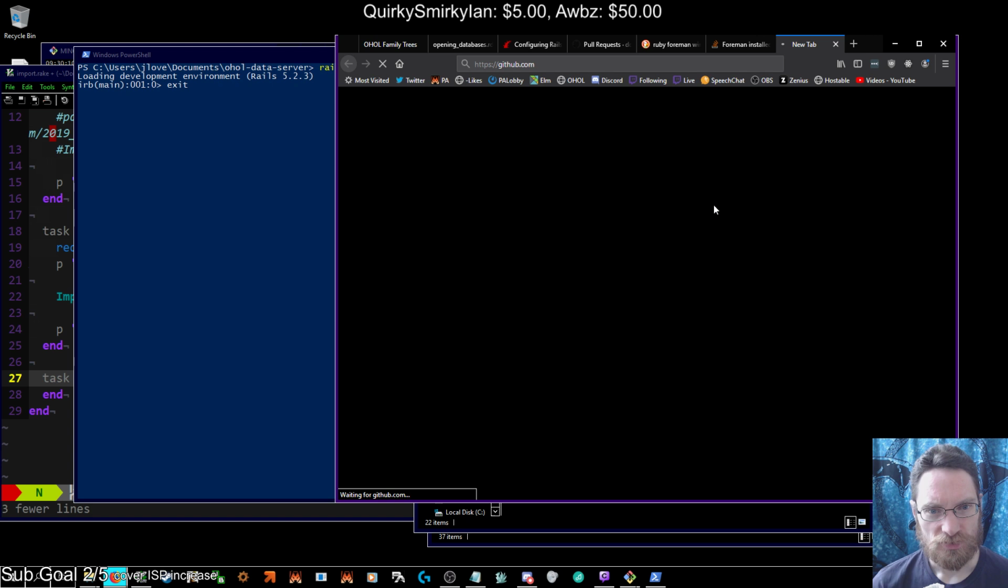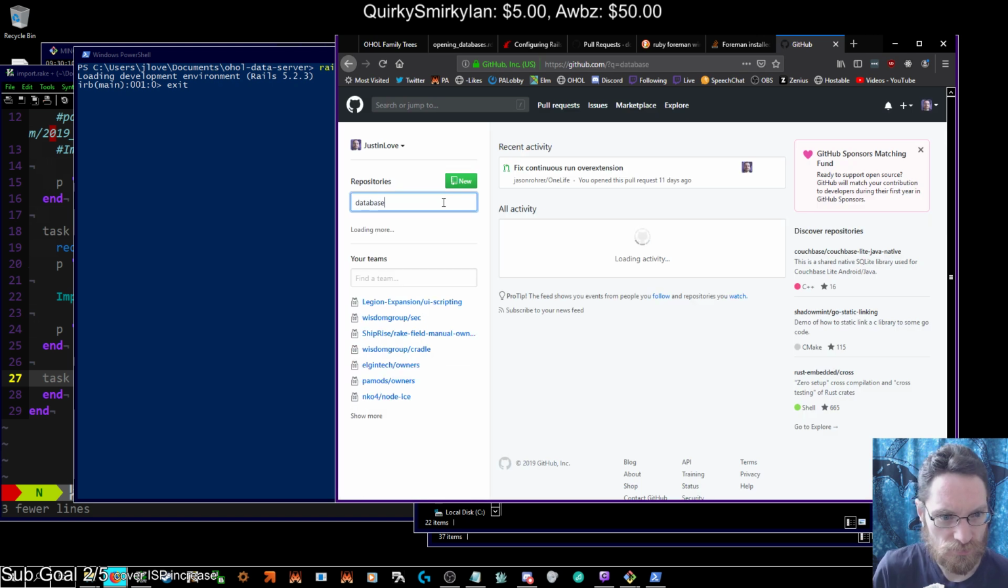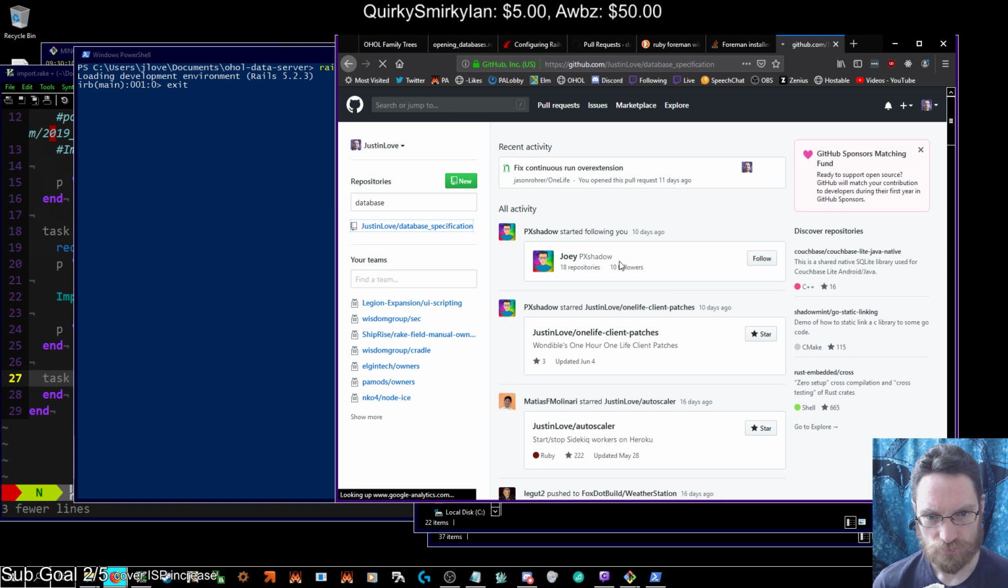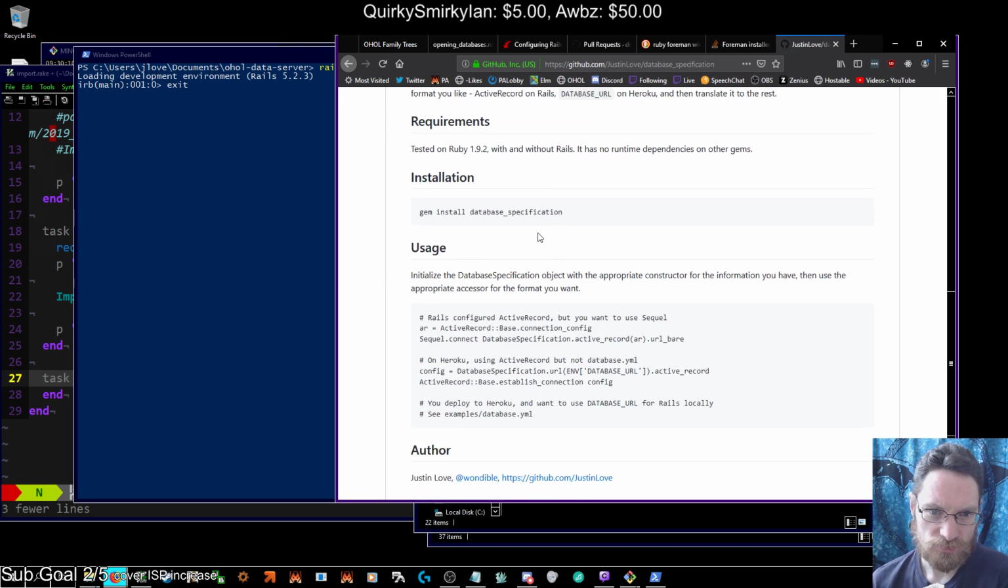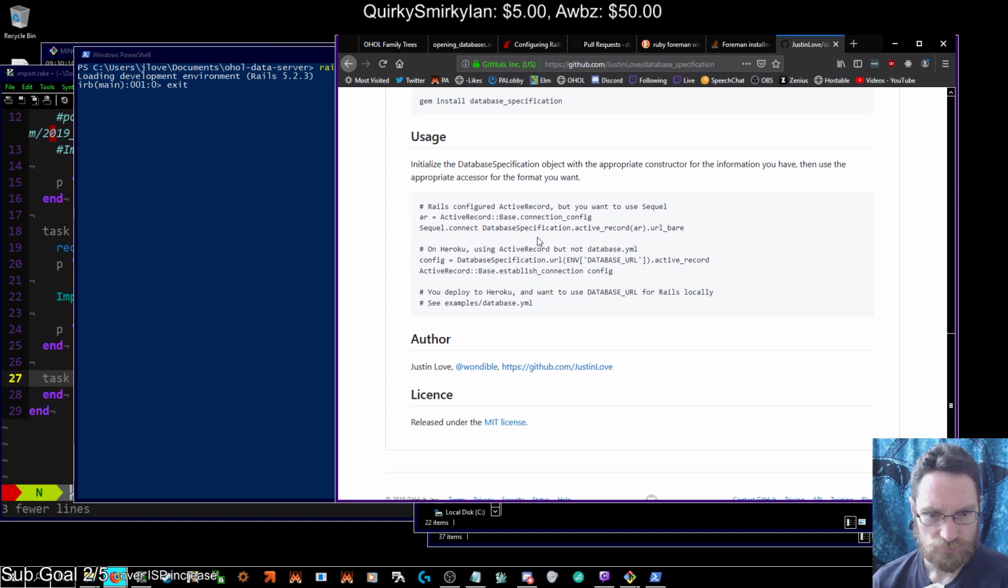Did I not make this gem already? Dot connection config, which was actually a bigger deal when I wrote this. Rails has since incorporated database URL, so that's not